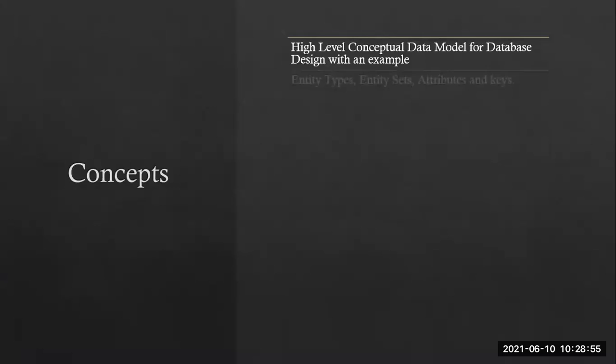I'm going to start with entity types, entity sets, attributes and keys here. So what are entities, what are entity types and what are relationships and attributes also. In that table, whatever we have constructed, what all things will come apart from the table? So the construction of the table, then from one table to another table, how the relationship is there, that also we have to learn in this unit.